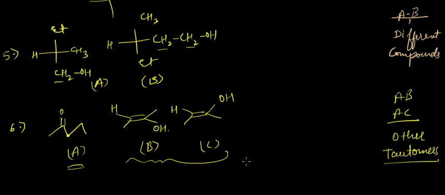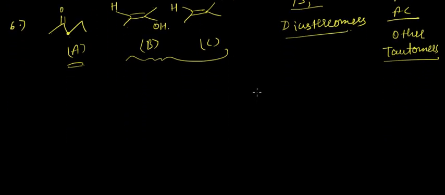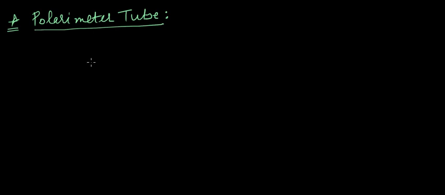So what about now B and C? B and C are geometrical isomers, and all geometrical isomers are diastereomers. Okay, so let us move on to the next topic, which is known as polarimeter tube. Polarimeter tube. Okay, so